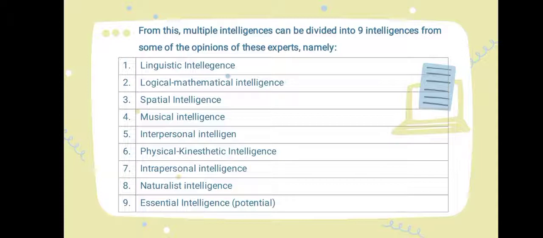Namely, the first is linguistic. Linguistic intelligence is the ability or potential to understand, use, and produce spoken or written language as used in reading, writing, telling stories, memory statements, and others. And the second is logical mathematical intelligence, the ability to understand and use numerical, abstract, and logical reasoning